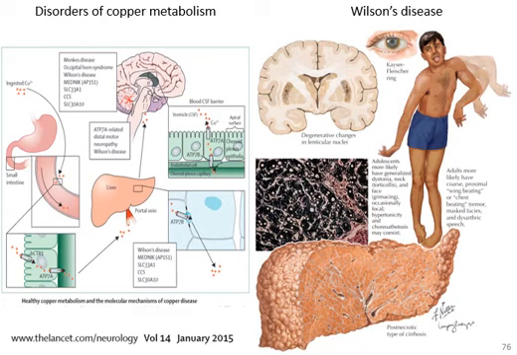As you can see, that transporter which affects the excretion of copper into the bile will be mutated in Wilson's disease. While in Menkes disease, the most important problem is decreased absorption of